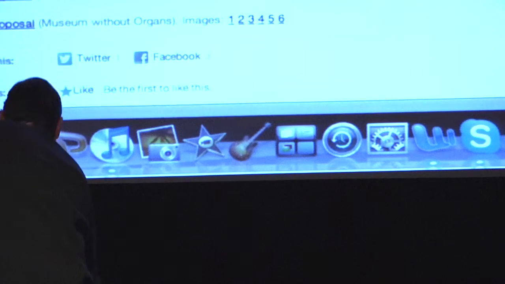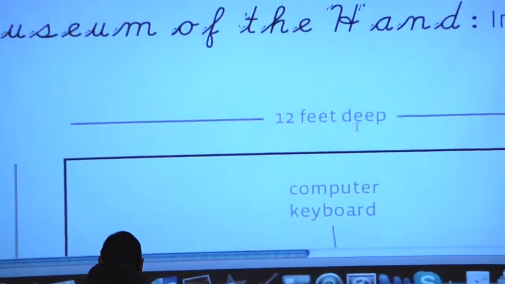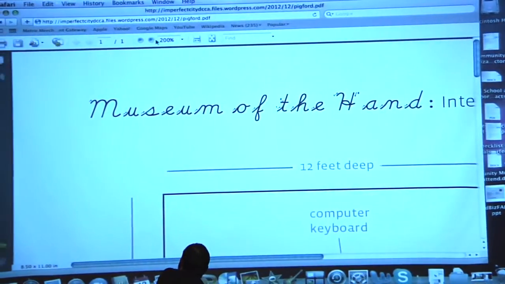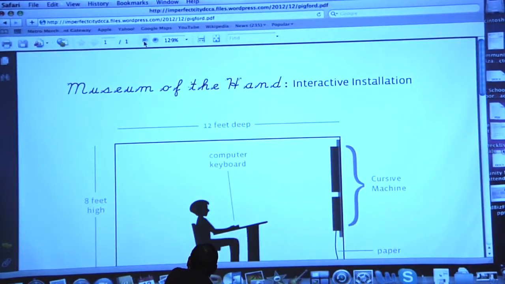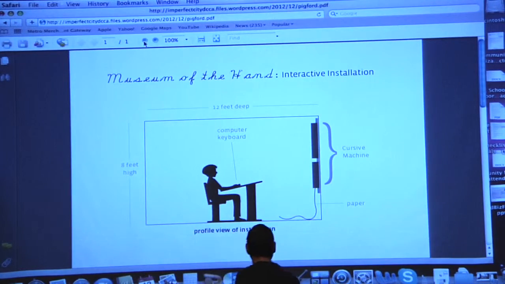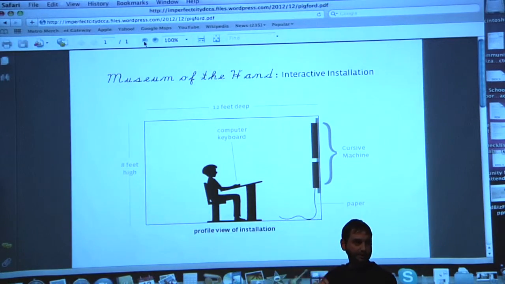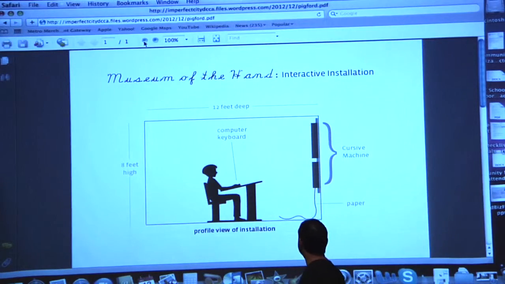What this piece is going to do is it's a combination of installation and workshops, where there is this thing which I'll show in a minute called the cursive machine, an interactive machine that will actually write Latin script based on the keyboard input, which is constructed already.